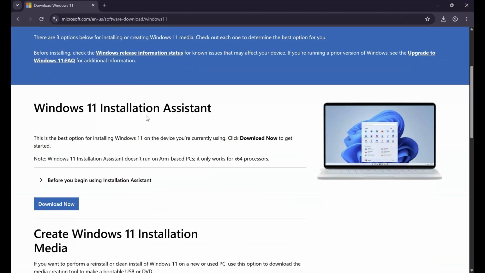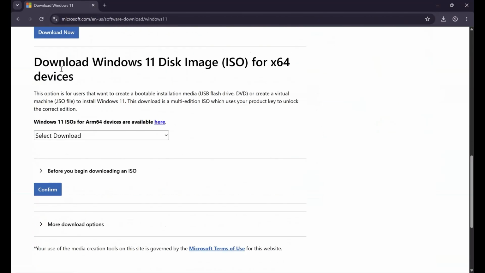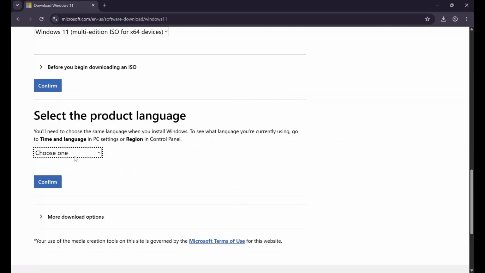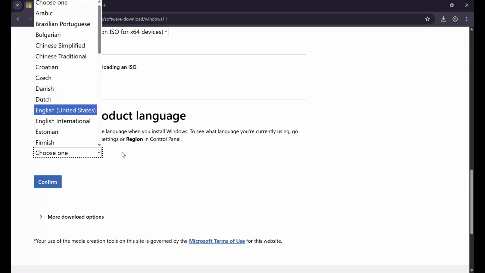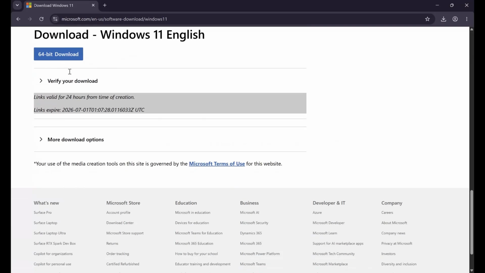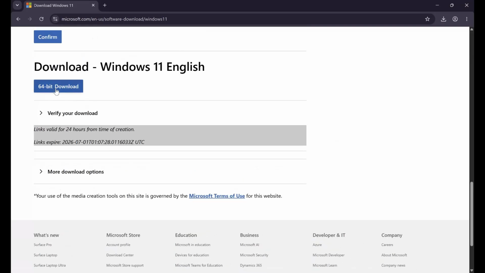Once you're on the page, make sure you scroll right down to the bottom. There'll be an option to download Windows 11 disk image. Select your edition of multi-edition, select confirm. It will ask you to select the product language. I'm going to be choosing English US for this, and select confirm one more time. From here you can download your ISO image. Now I've already gone ahead and downloaded this, so let's skip ahead to opening it up and creating the VM